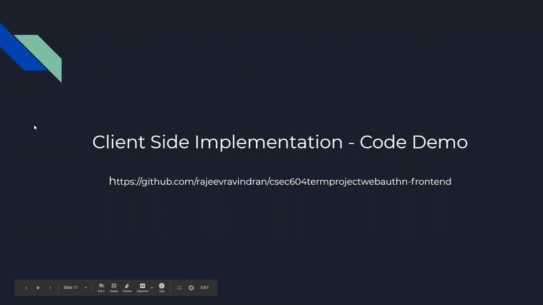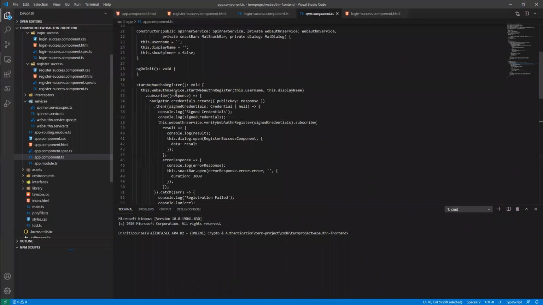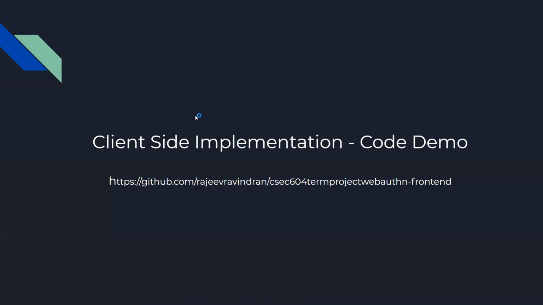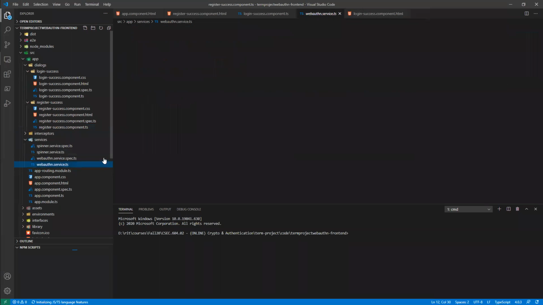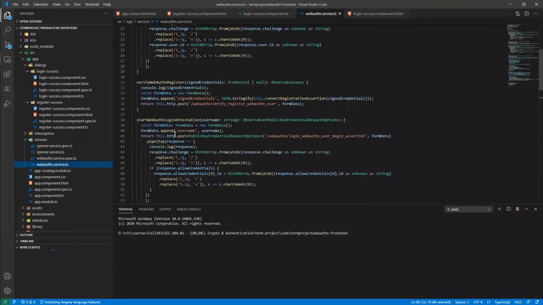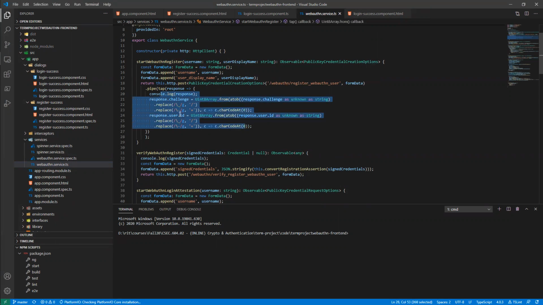So the client side implementation of the code can be seen here. I'm not going to go deep into the Angular side of the code. Essentially, it boils down to certain components and a reusable service that I have built, which does some of the translations. For example, start WebAuthn register takes a username and sends it to the server. The server responds back with a challenge. We do some conversions on the challenge, like we convert it from base64 to a byte array,